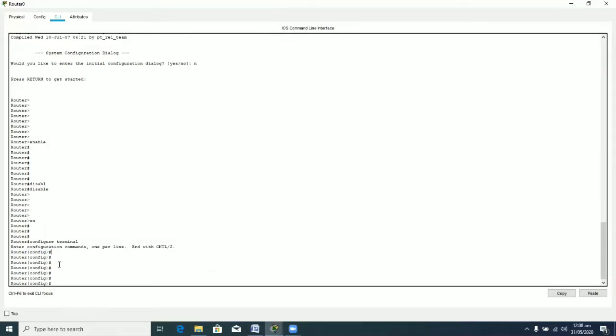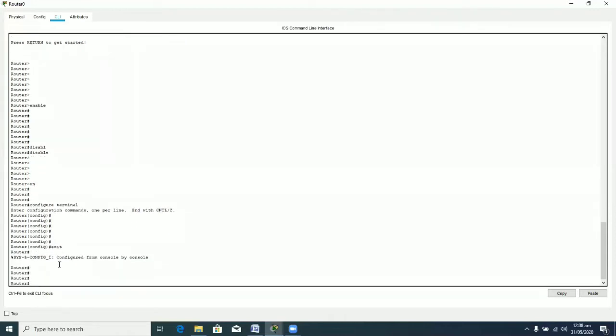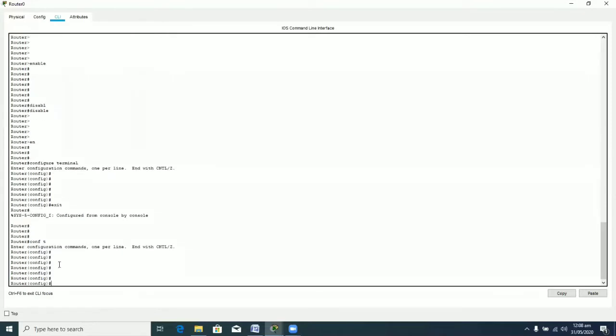This is the most powerful mode of your router. Whatever you do in this mode, it will be applicable to the router as a whole. So you should be very careful while working in the global configuration mode of your router. And after coming into this global configuration mode, if you want to go back, then you have to simply type exit, and exit will move you back to the enable mode again. There is a short form of configure terminal, that is conf t. Conf t will also take you into the global configuration mode.